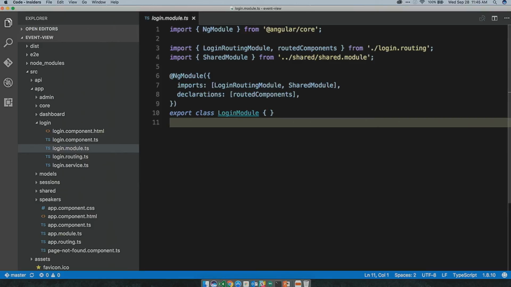Also, the way that you have organized your code, so every module gets its own folder, and you put all the components and routing and services in there. Is that a best practice? Yes, so the question is, do you put a module inside of its own folder? Yes, and is it a best practice? I don't know, it's my practice.